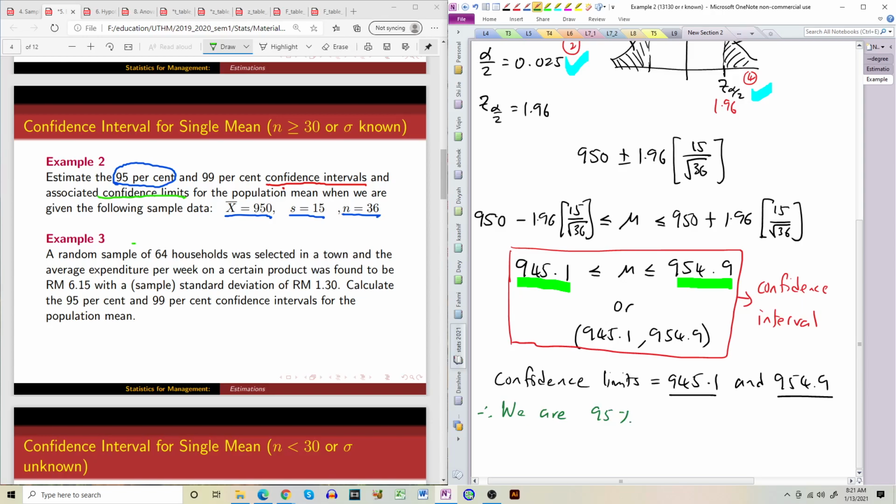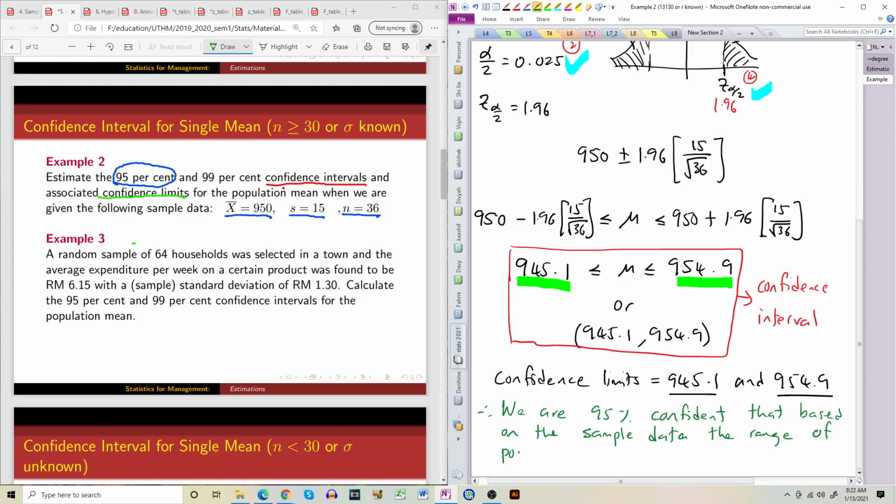We are 95% confident that based on the sample data, the range, the interval, of the population mean is